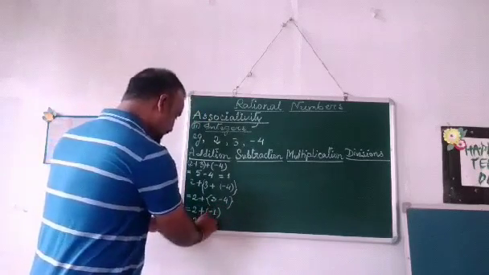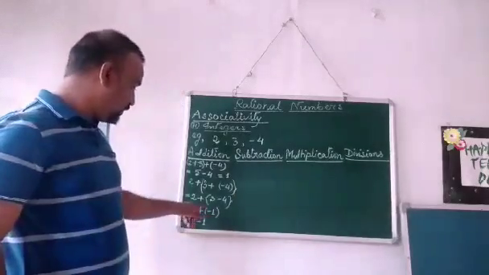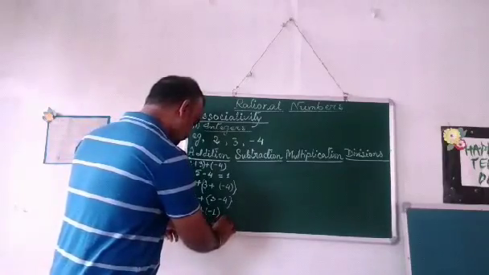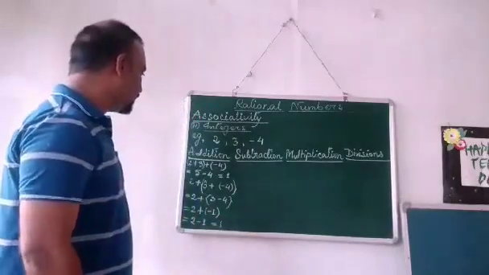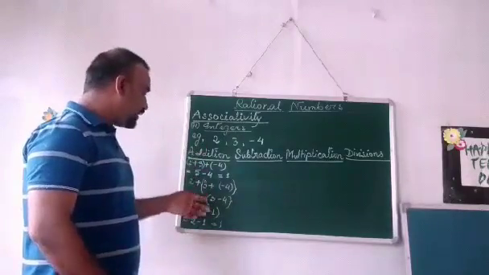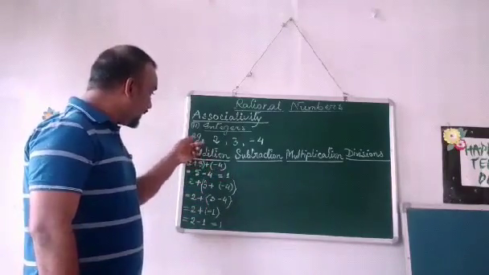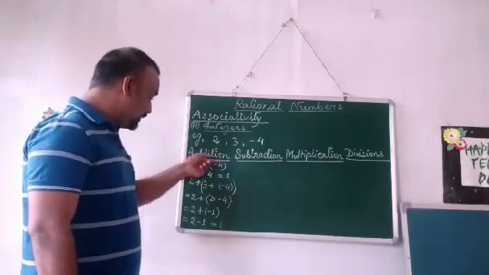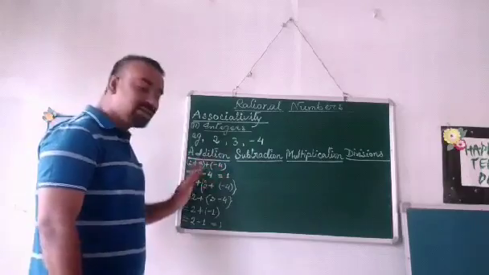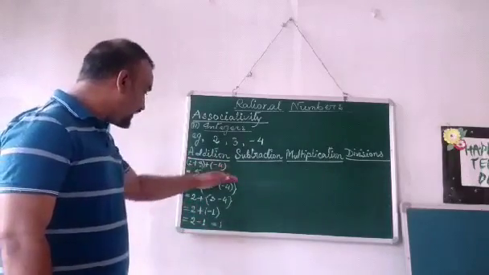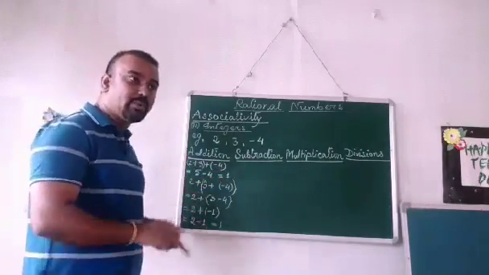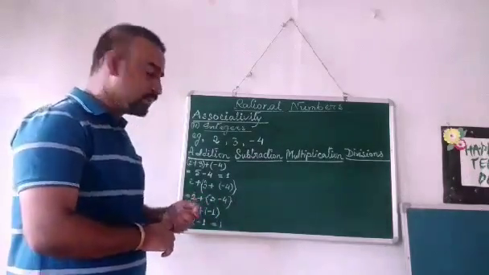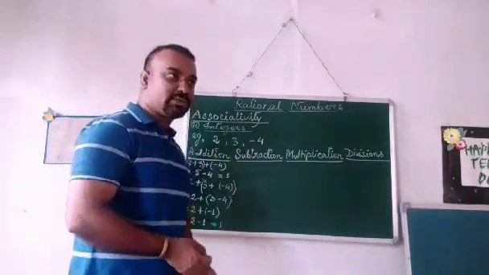2 plus minus is minus. So 2 plus minus 1 minus, and 2 minus 1 is equal to 1. Okay. Now in this way we have added the integers 2, 3 and minus 4. We have added the integers in this way first, and the result was 1. Then we have added these integers again in a different way by putting brackets on other numbers, and the result was again 1. Okay, now going to the next, that is subtraction.